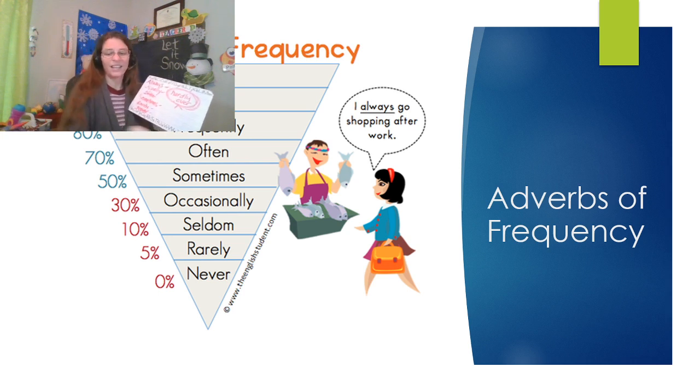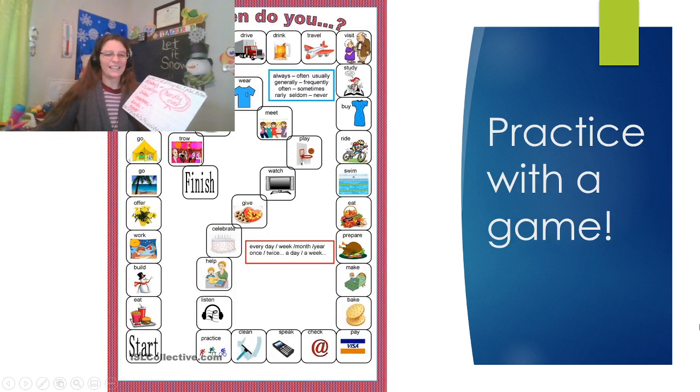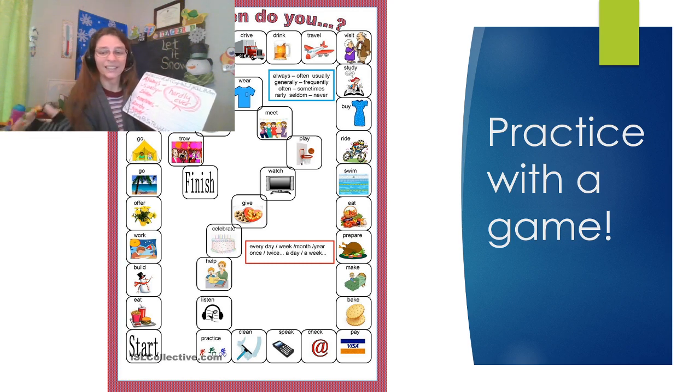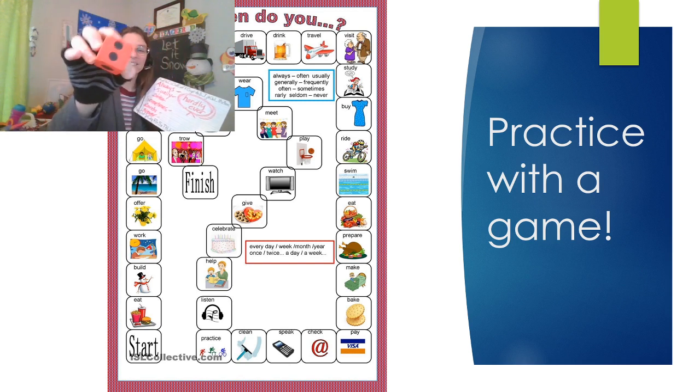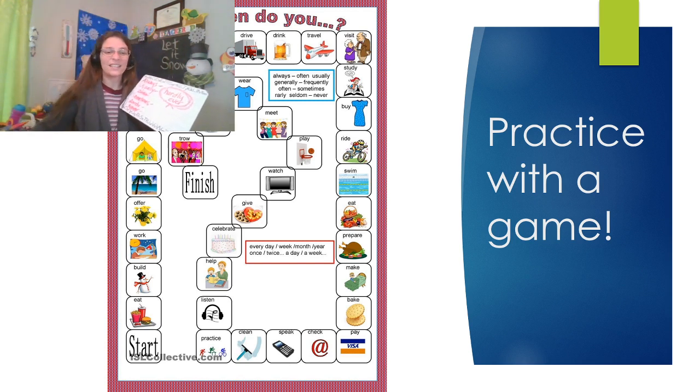I never run. Okay, so let's practice this with a quick game. We're going to start here at start. And maybe what you can do is write your answer in the comments below. Let's roll. Oh, look, we got a 2. The 2 is a snowman. So we're going to put that verb with the noun that we see here and use an adverb of frequency, and of course we need our pronoun. So let's say, I hardly ever